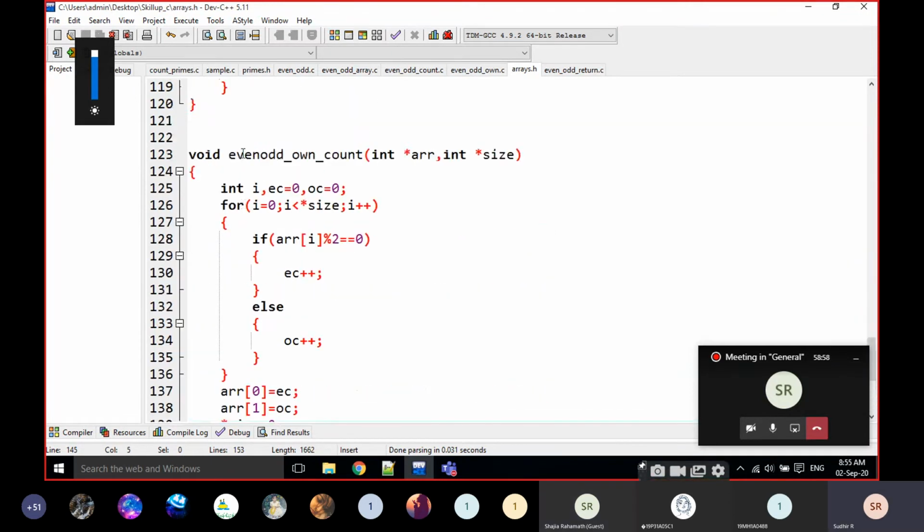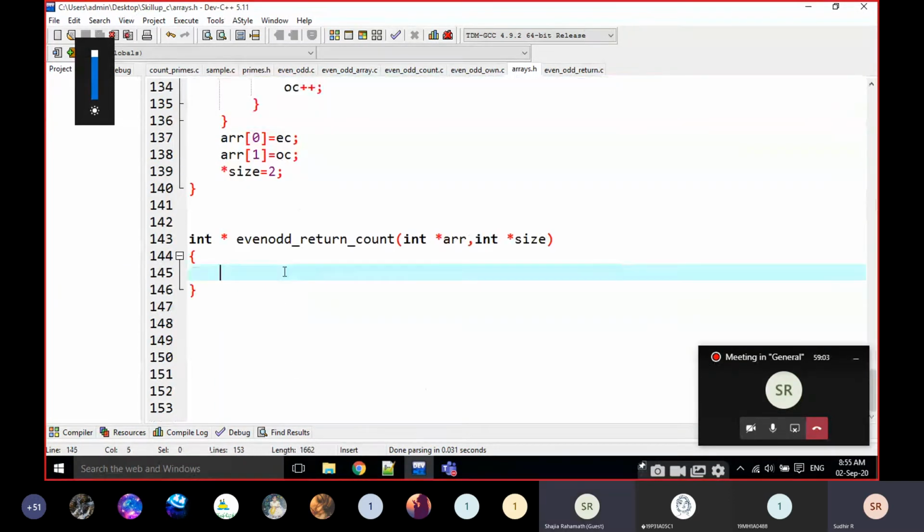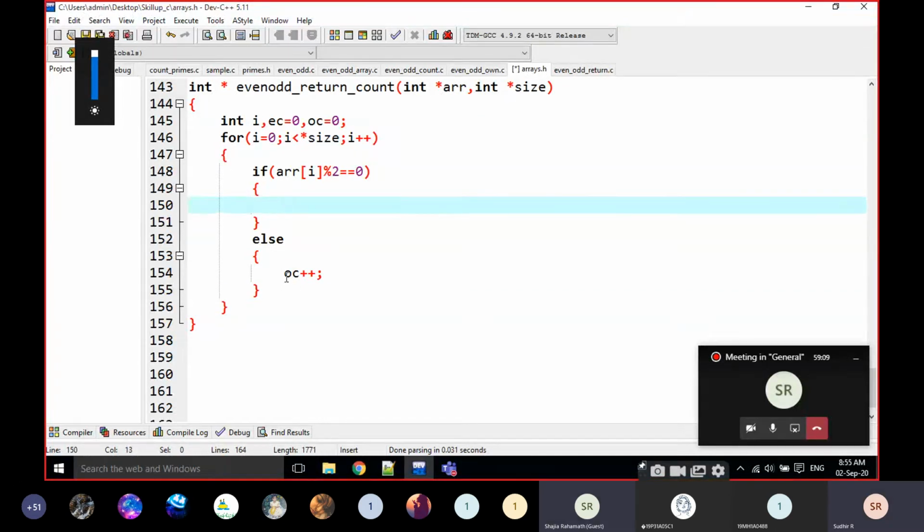Going to take the same functionality again. But here it is not EC, this is EOC. I am going to take some integer array here, EOC of 2, for example. EOC of 2 is equal to, I am going to take some 0, 0 here.